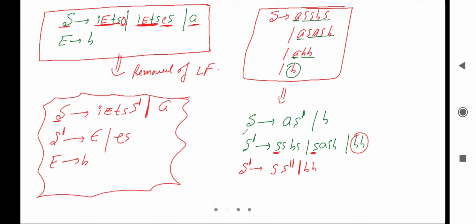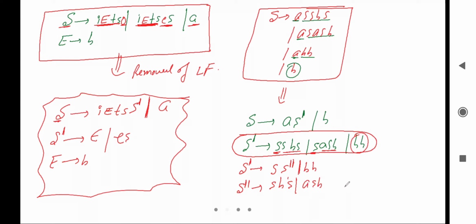Okay? So what was in this one? Left factoring was being formed, right? There is no problem in this one. So finally, what did we do from S dash? S double dash, then it is bb. Okay, then what can S double dash generate? It can generate the remaining portion, that is SbS, and it can generate the remaining portion of this one, that is aSb. Okay, so this is the remaining portion we have generated.